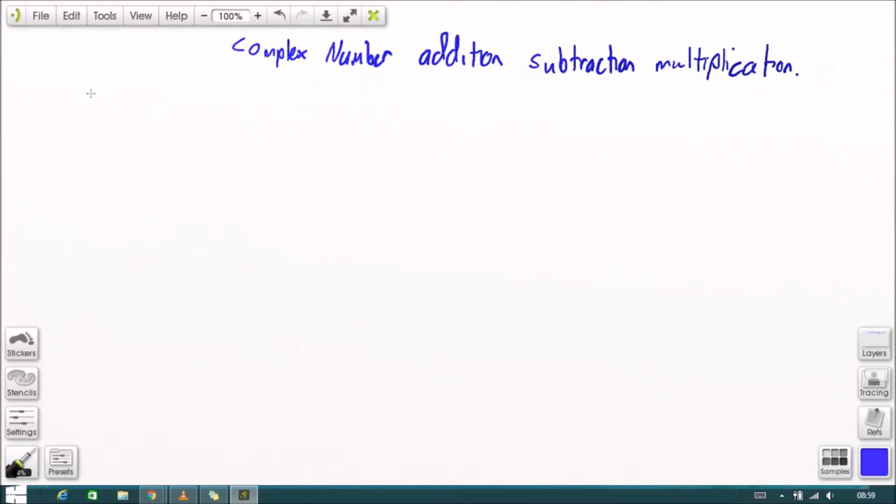Okay, just a quick video to look at complex number addition, subtraction, and multiplication. We'll look at division later because it's a bit more complicated, a bit more involved. Just a quick refresher first that the square root of -1 is i, the imaginary unit. So i squared is equal to the square root of -1, all squared, which cancels off, so i squared is